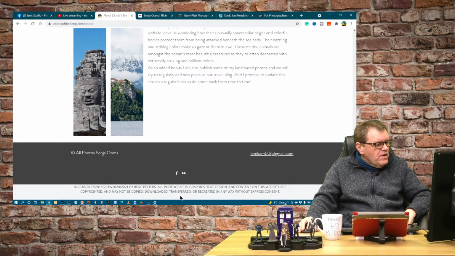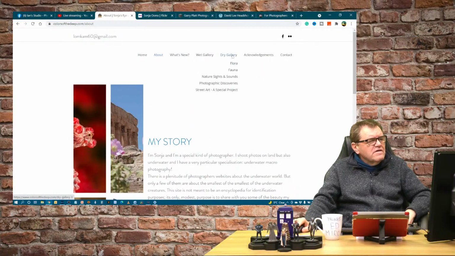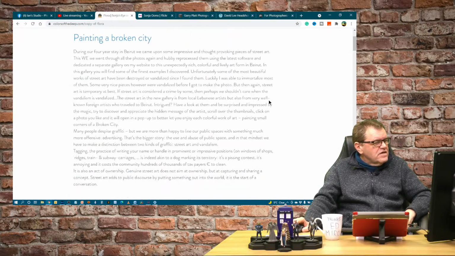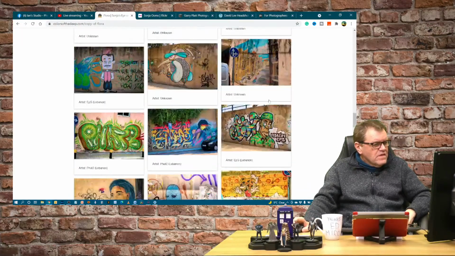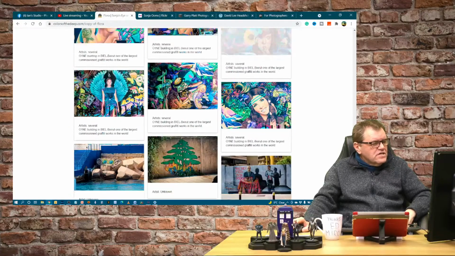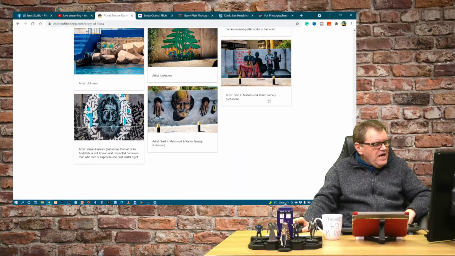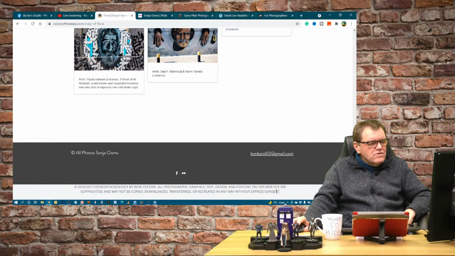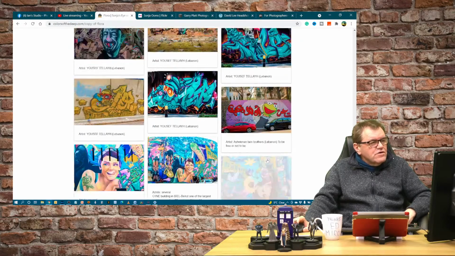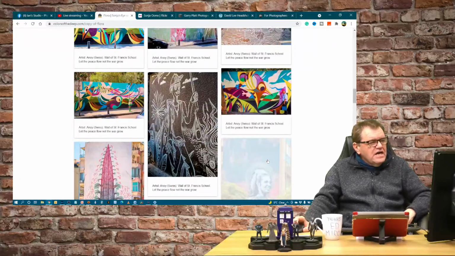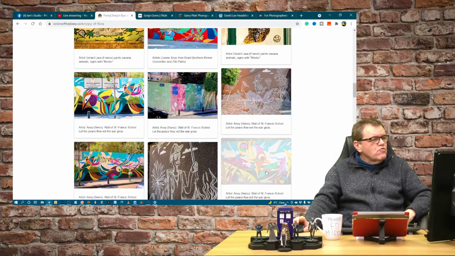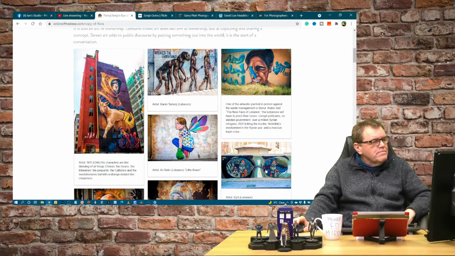Right, one thing just to be aware of. Yes, you've got your thing here about, oh, they may not be downloaded, transferred, recreated, etc. on here. But let's just have a look at your street art gallery. All these images, and I have to scroll right down to the bottom to get that warning. And someone might argue, particularly with so many images on there, that oh, I didn't see any warning about that, I can't use them and download them.